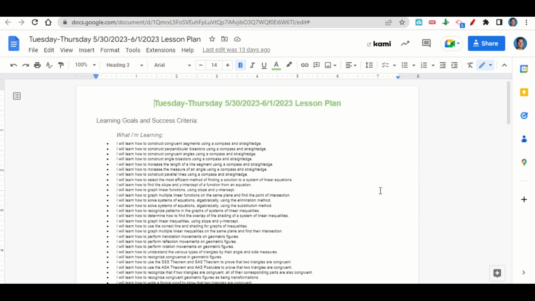of systems of linear inequalities, how to determine how to find the overlap of the shading of a system of linear inequalities, how to graph linear inequalities using slope and y-intercept, how to use the correct line and shading for graphs of inequalities, how to graph multiple linear inequalities on the same plane and find their intersection, how to perform